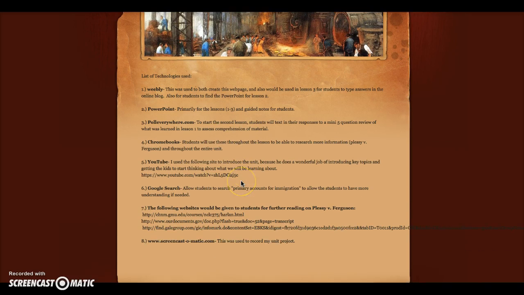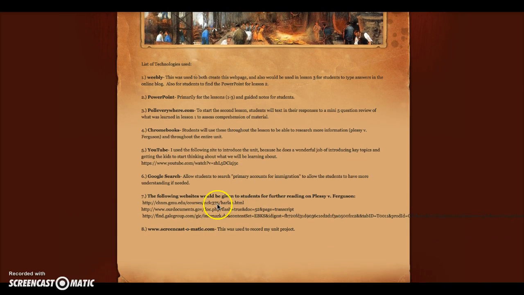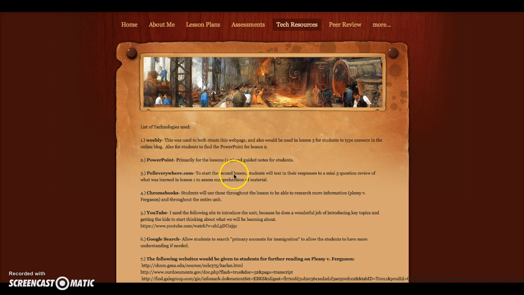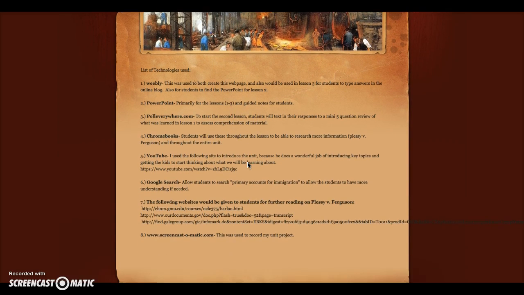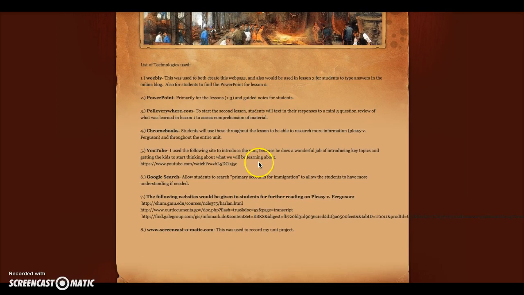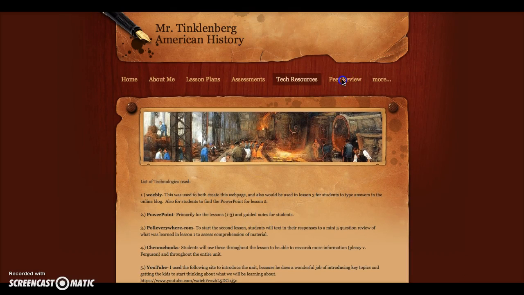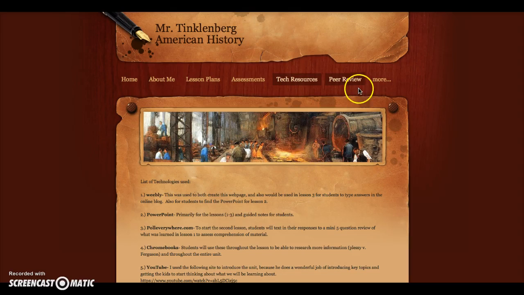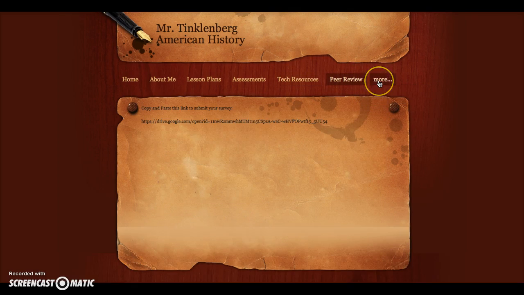To finish here, here's the list of technologies that I used. There's probably many more that I would end up using in this unit, as I would think of something, but here are the ones that I have, at least right now, for this unit. Here's my peer review. So you copy and paste that link, and then if you go to the more section, it has